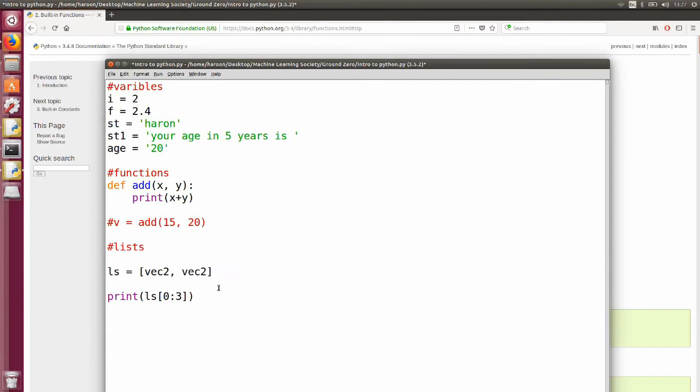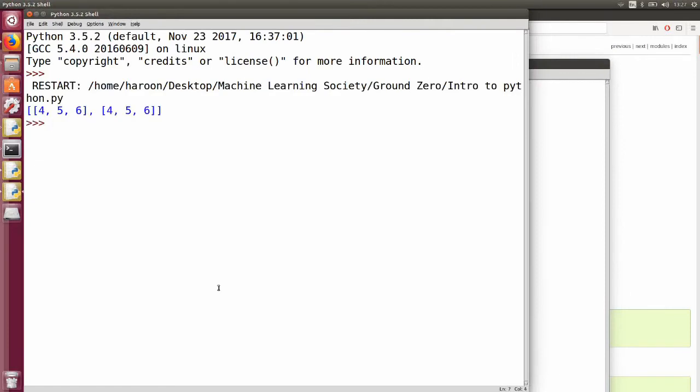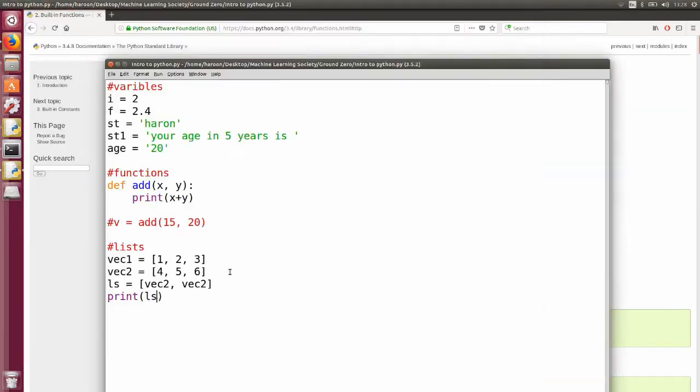This would give me an error, actually, because I'm using the variables vec2 and vec1 before I've defined them. So I need to move these here because I can't use them until I've told the program what their values are. So if I do print ls,